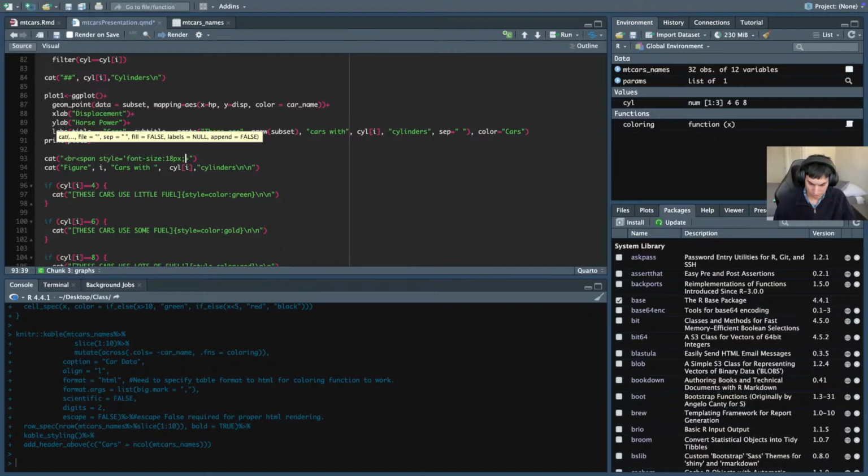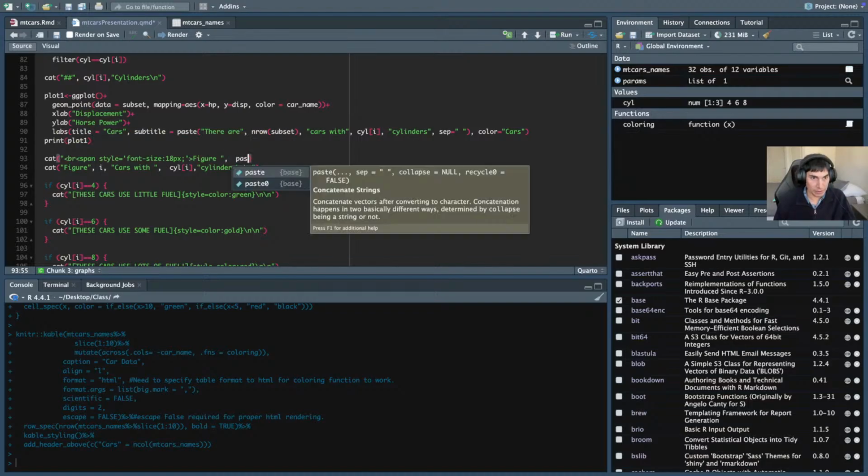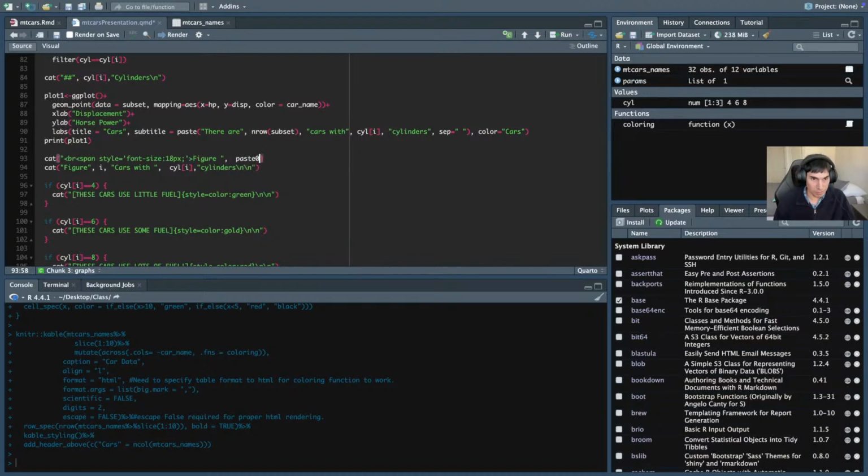Finish this like this, then let's add here a figure space, and then we can go into a paste 0, and in that paste 0 we will be typing I, which is the counter for our figure, right, that is coming from our loop, a dot,